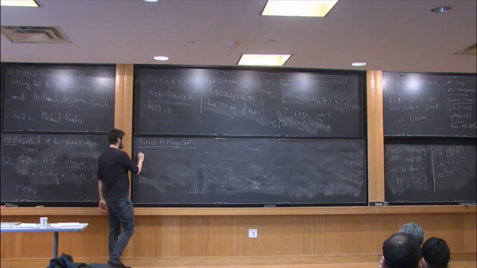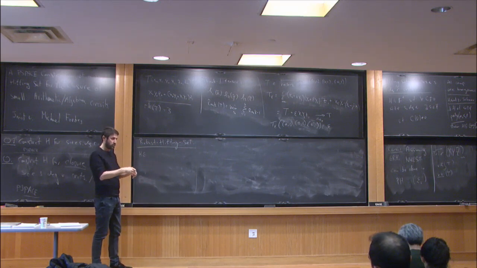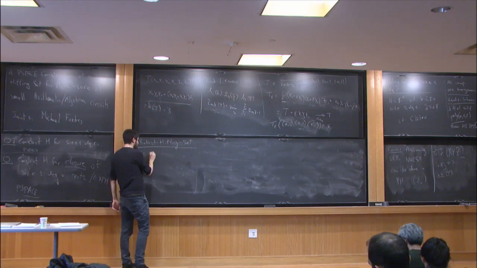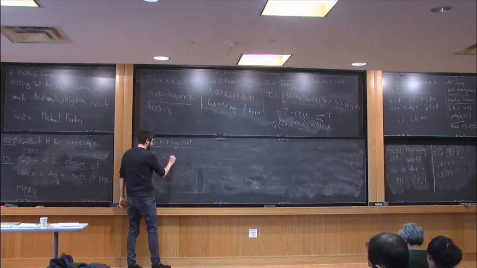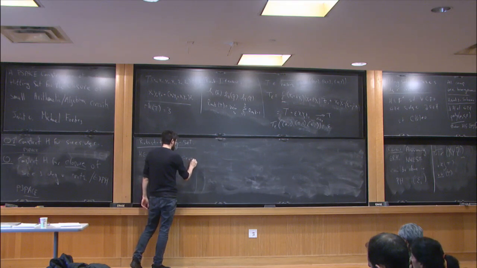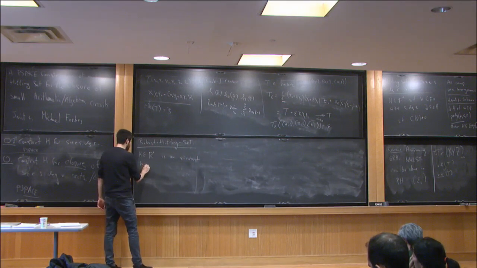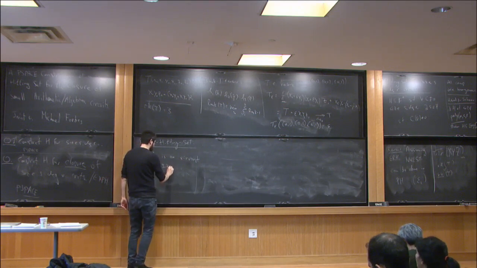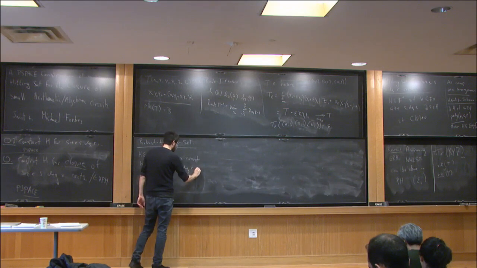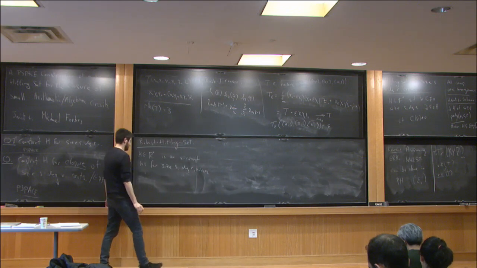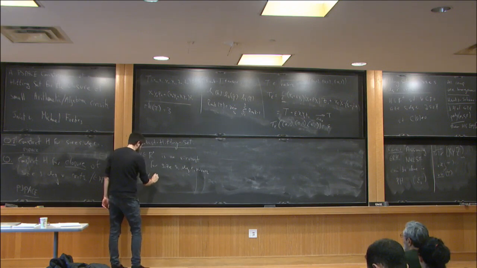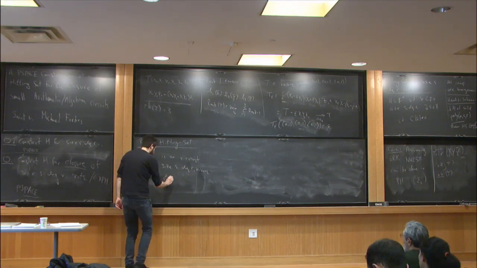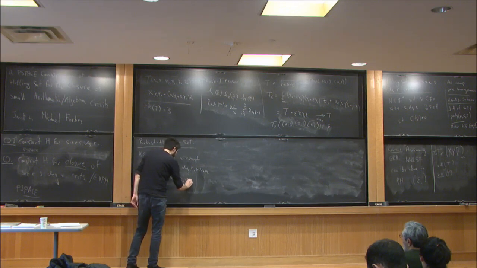So we say that H, now we need some notion of measure. So let's say that it's, let's speak over the reals, but it's complex too, an epsilon robust hitting set for size S and degree R and n variables if for every C of size S, degree R, and n variables,